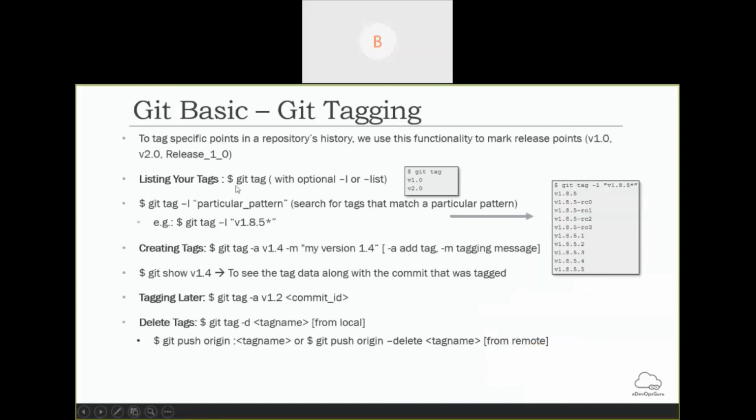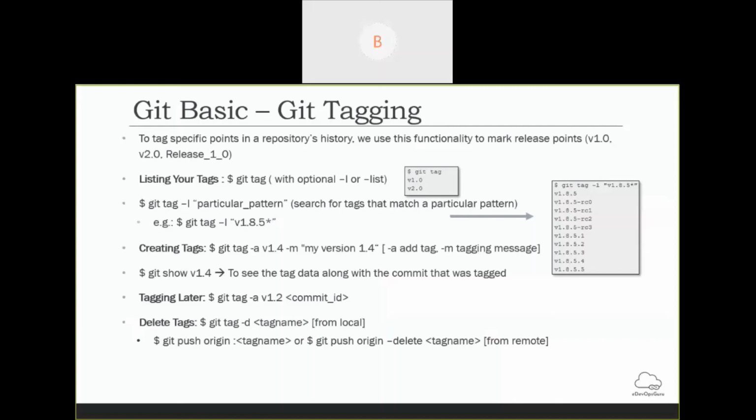Git tagging, I have already discussed the purpose of tagging. So this is the command to create tags: git tag -a and your meaningful version, whatever is the decision of the management or the architecture or the team. They can provide this with a complete, meaningful message, so that it can be tracked easily when you see the list of tags.